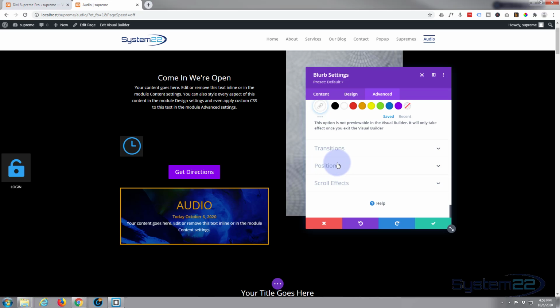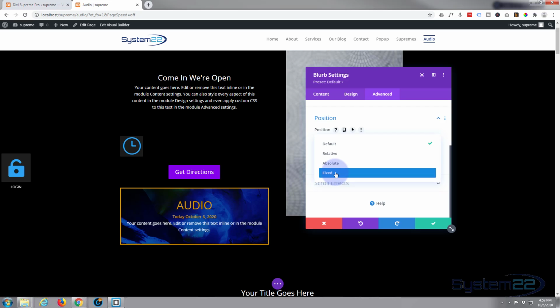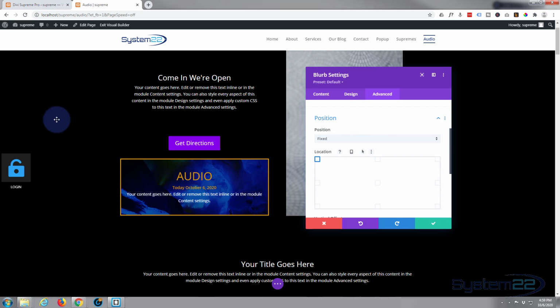I'm not going to add any transitions, but let's go down to position and make this float, so it stays on one side when they're scrolling up and down the site. So I've clicked on position, and underneath position here, I'm going to go from default to fixed. And it looks like it's disappeared, but it's actually on the top left hand side. You can put it top middle, top right, middle right, which is where I'm going to put it, bottom right, middle,